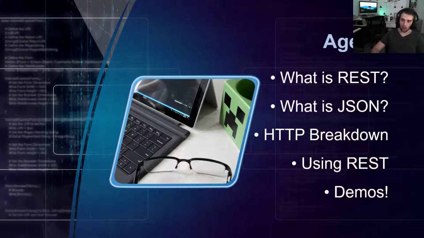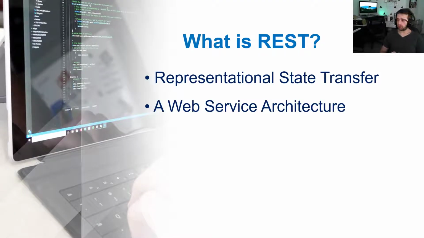So let's keep going. What's REST? REST, in short, stands for representational state transfer. It's a web service architecture that's based on HTTP. Really, it's a method that allows you to do any